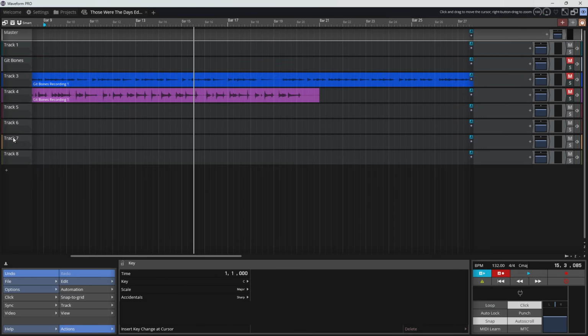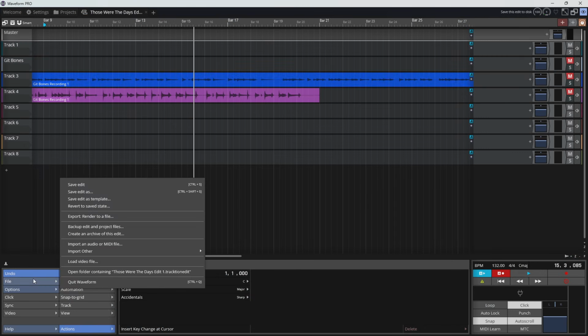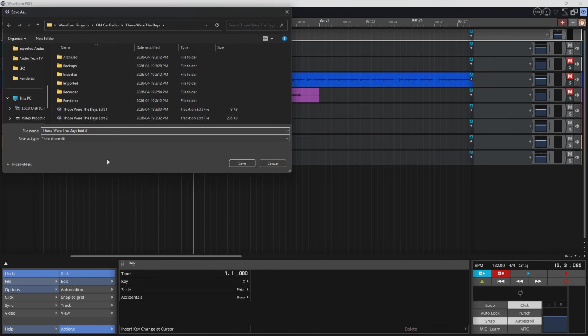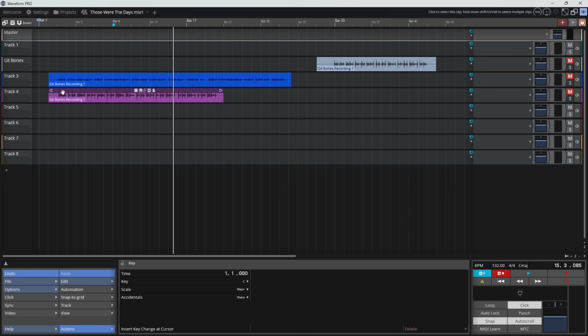I've got my bones parts that I can refer back to if I need it. And what I'm going to do is go down to File and Save Edit As. And this time I'll call it, I don't know, Mix 1, because it's eventually going to be the final mix. Click Save. And now, because you can see it switched automatically to that new edit,